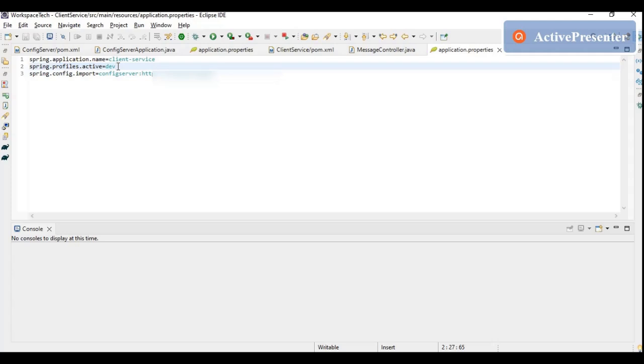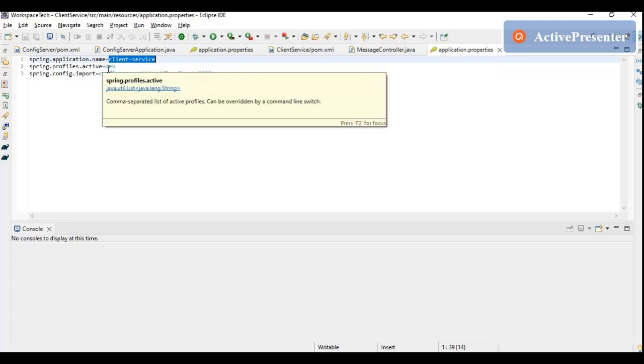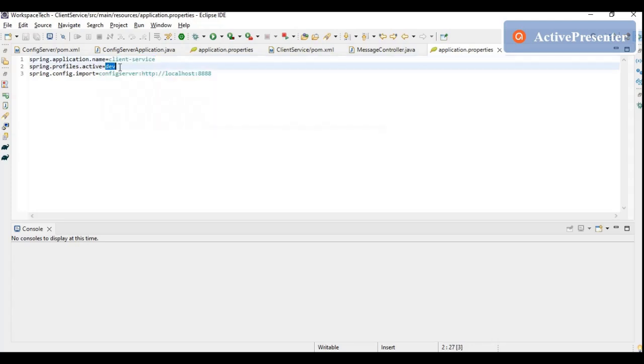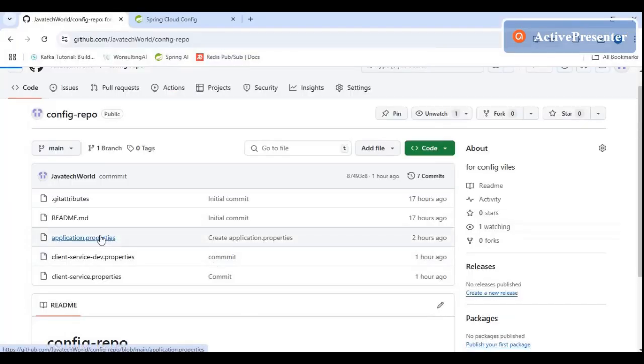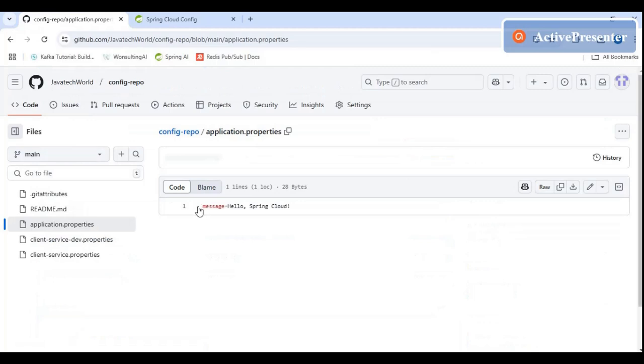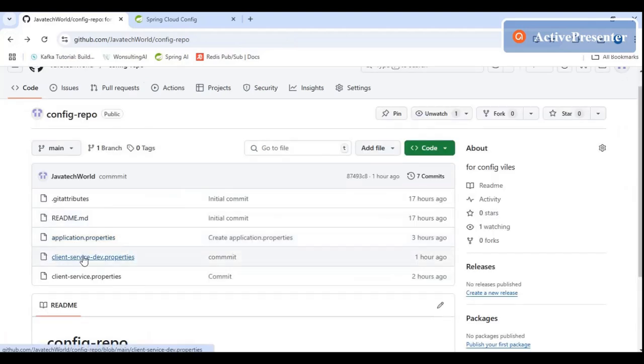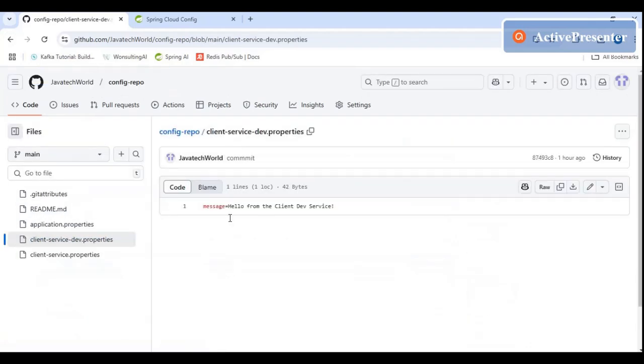So it can act as a default profile, that is client service, and it can also act as an active profile, that is dev, right? So let's go back. In my application.properties, I have a key called message, and the message is hello Spring Cloud. And if we go back to the client service dev properties, it says message equals hello from client dev service.